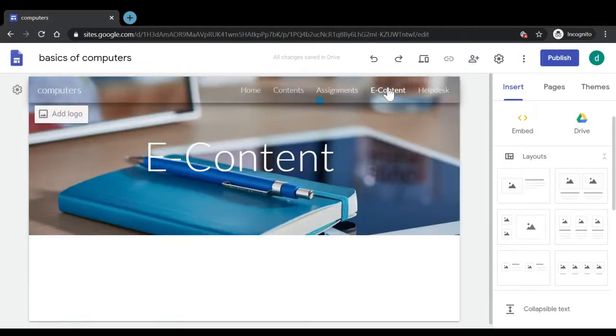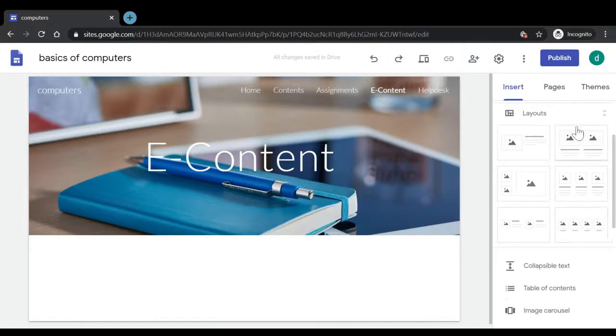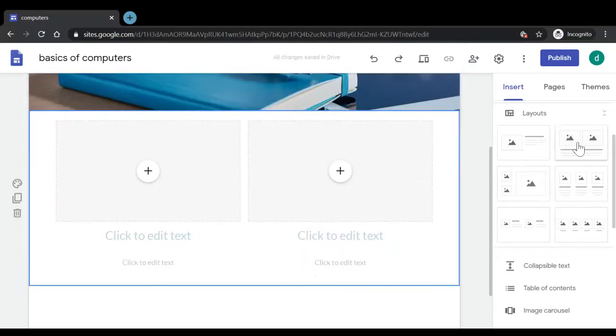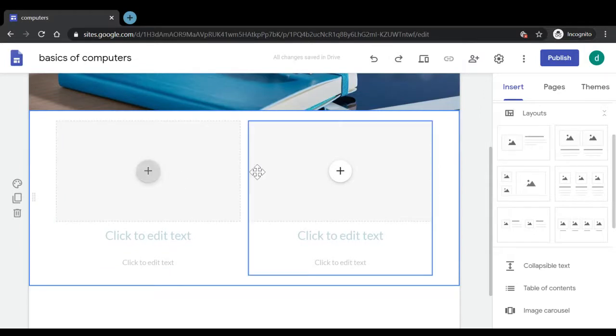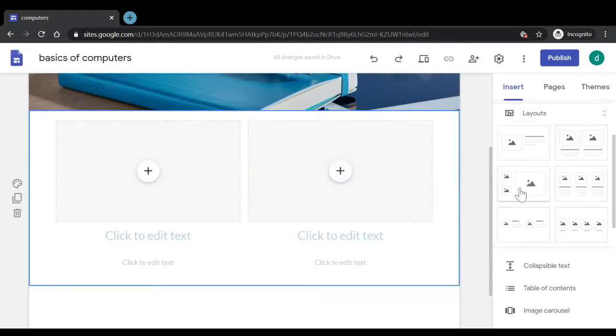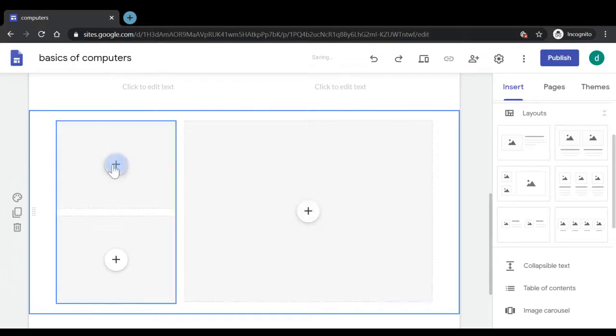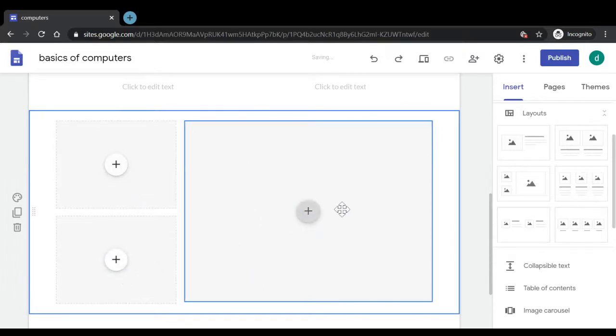Next, we have created the page of e-content. Again, we can add any content that we want for our students on this page. We can add some videos, upload some PDFs, add some links, add some content from our Google Drive, add some videos that we have created ourselves, and also the layout of each and every page can be arranged by these. You can see the different layouts available to us. We can have some text here, then some text in this manner. Another layout is this, where we have three different segregated columns where we can work.